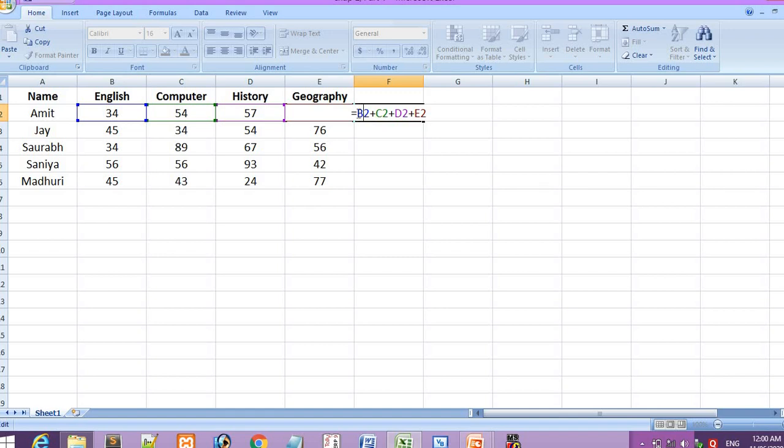We have entered a formula in MS Excel by using the equal to sign, and we have calculated the total marks of Amit by using a formula with cell names. As you can see here, in B2 cell Amit got 34 marks. In C2 cell there are the marks of computer, that is 54. In D2 cell there are the marks of history, 57, and in E2 cell he has got